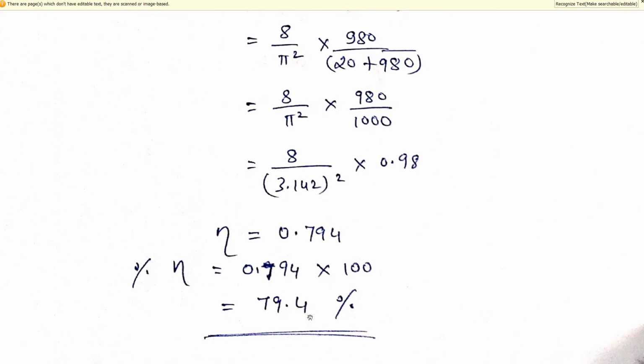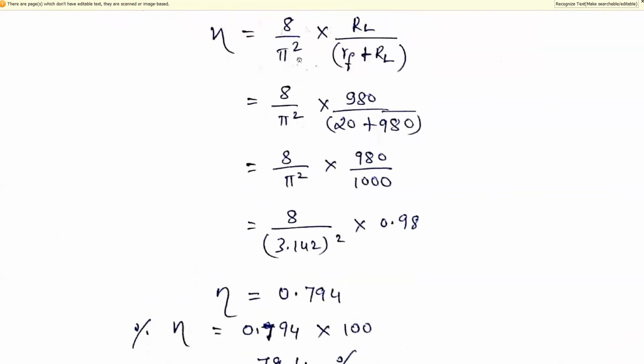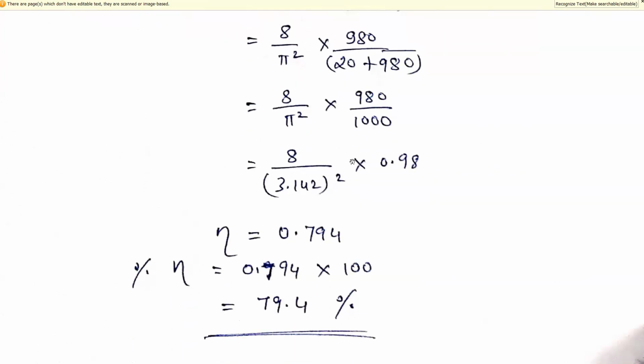So what is the maximum efficiency? It is 81%. Already we have discussed it in one of the previous videos. So this is how you can calculate the efficiency of the rectifier. Similarly, the half wave rectifier has the efficiency 4 divided by pi square into RL divided by RF plus RL. Instead of the factor 8, the factor 4 will appear in the expression of efficiency of the half wave rectifier. By a similar way, you can calculate the efficiency of the